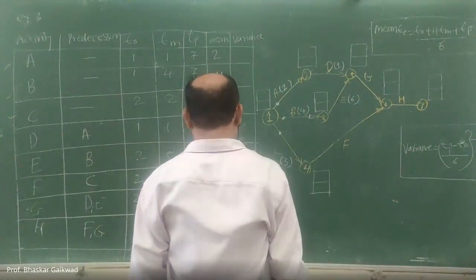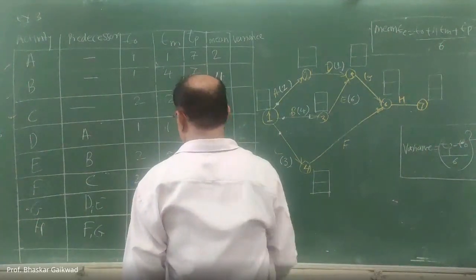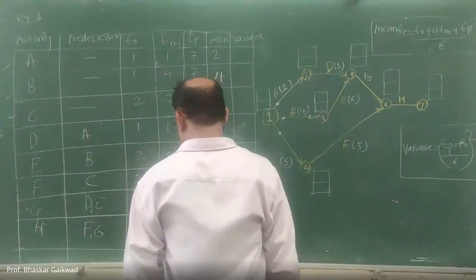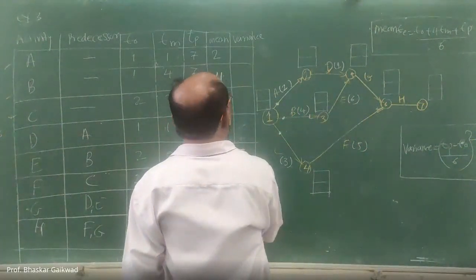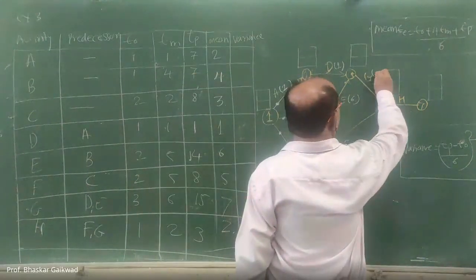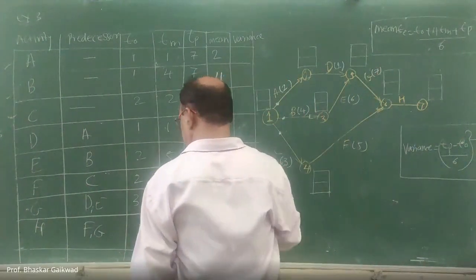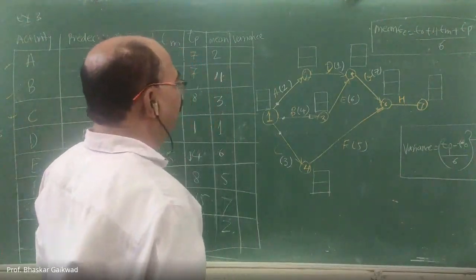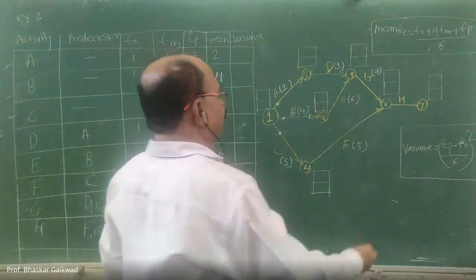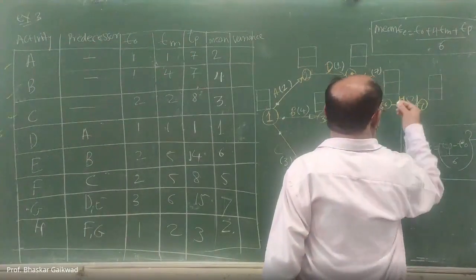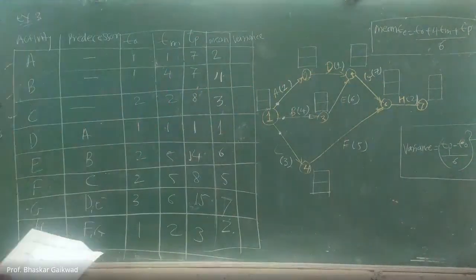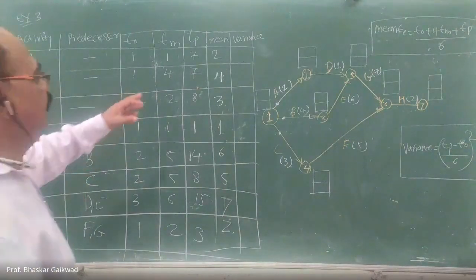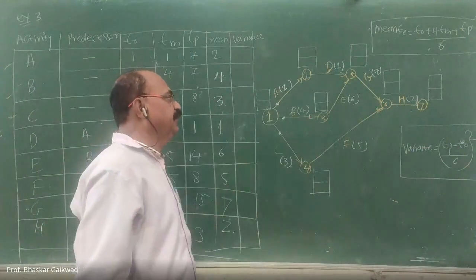Then F, mean time is 5. Then G, mean time is 7. Then H, mean time is 2. Now where is the H? Mean time is 2. So like this, you can write the mean duration of each activity, and